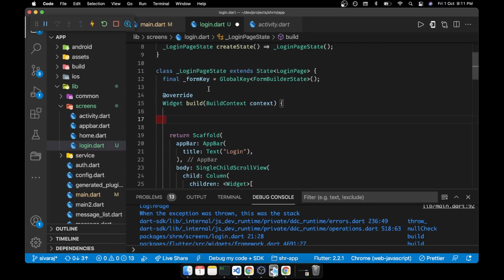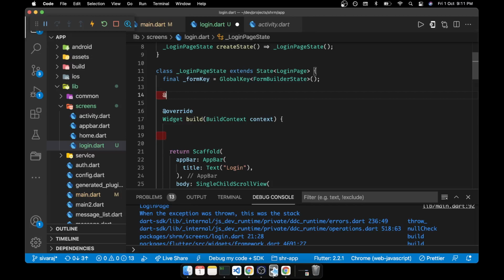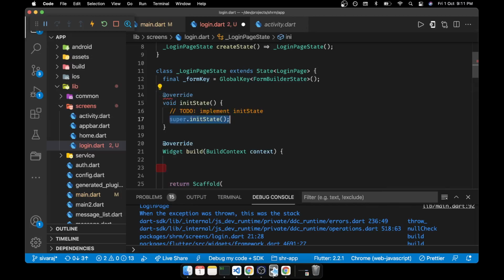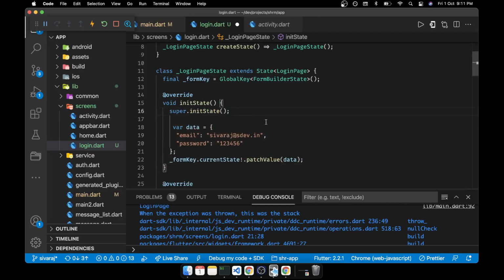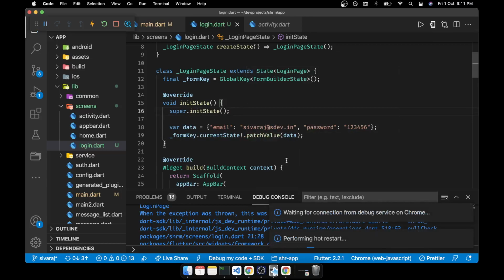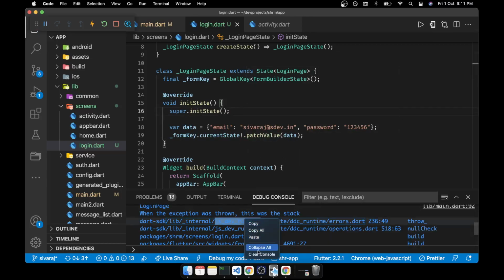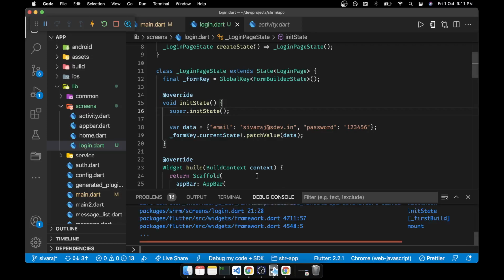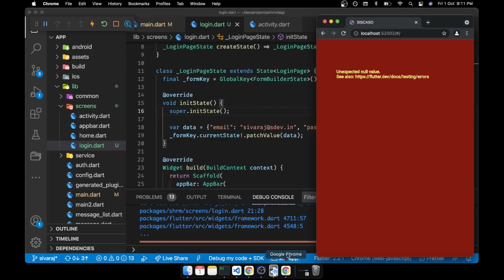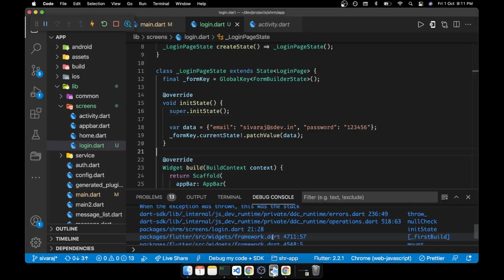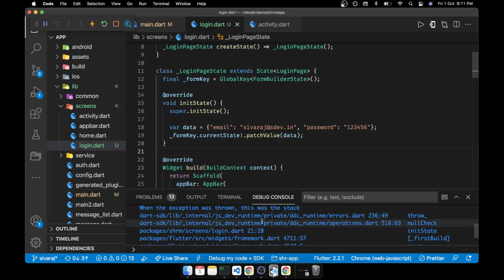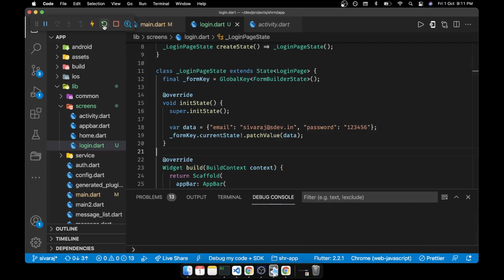Can we override it at the init stage? We'll see. Is this particular line giving an error, line number 21, 28? Now there is no line number 21, 28. Okay, maybe we have to restart the server.